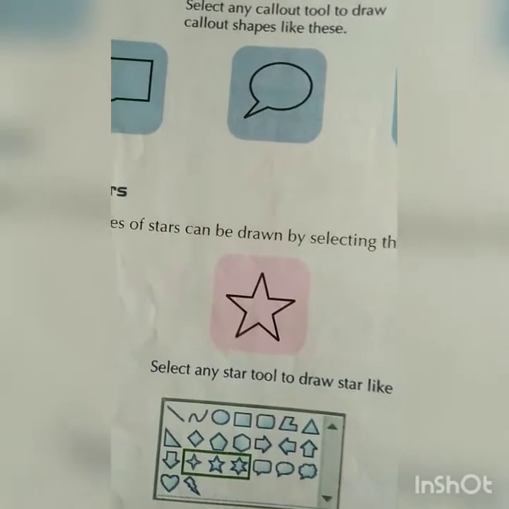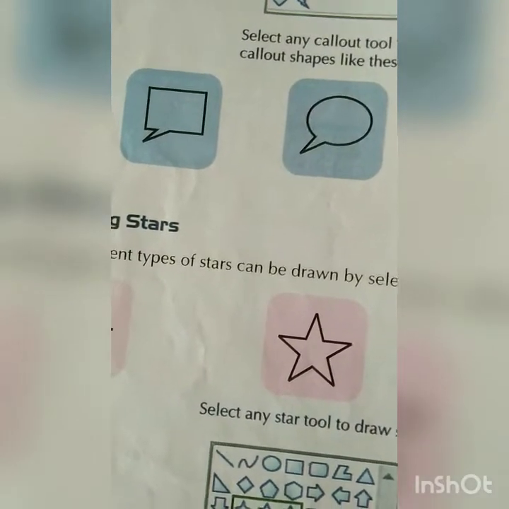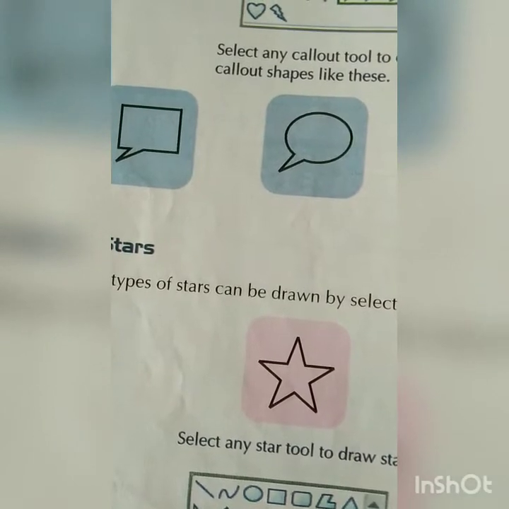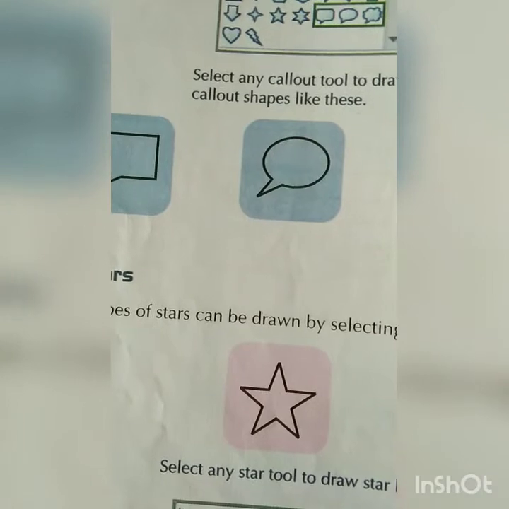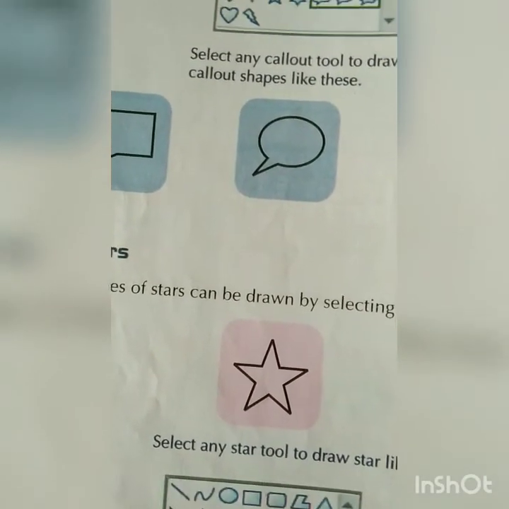Okay students, today we are going to learn only this much: how to draw shapes from the shapes tools. You can select from there, and with a few shapes like curve, oval and rectangle you can drag more, and you can make another shape also by selecting it and pressing the shift key on the keyboard.